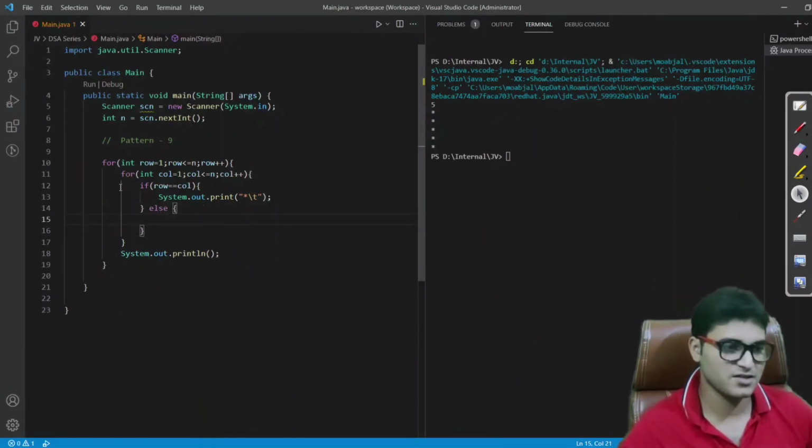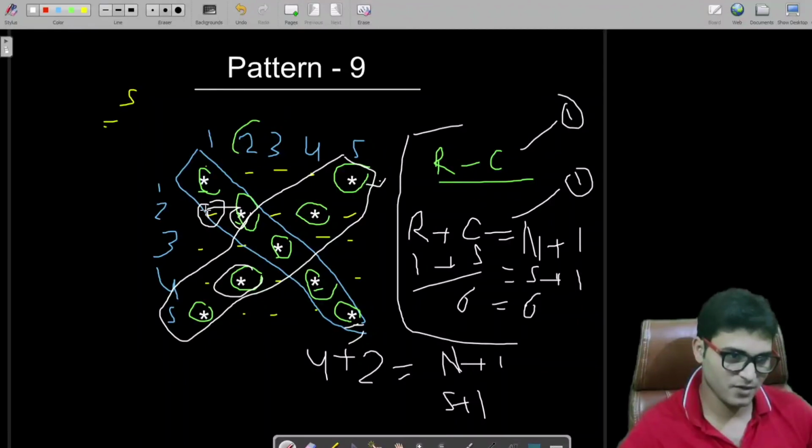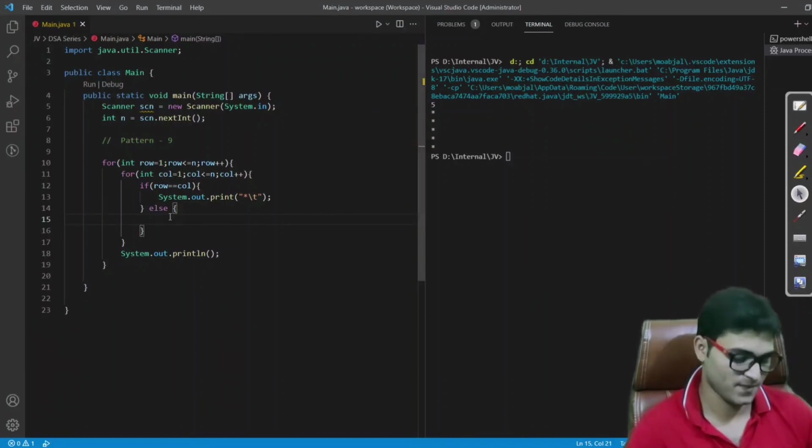Let me explain. If this condition is not matching, because i is not equal to j here, or our row is not equal to column here, then we need to print a space. If we do not print a space, then this star will be printed only here, and will not go here. I have already explained the printing logic in my first DIC series video, so you have to watch that first video to get this logic.